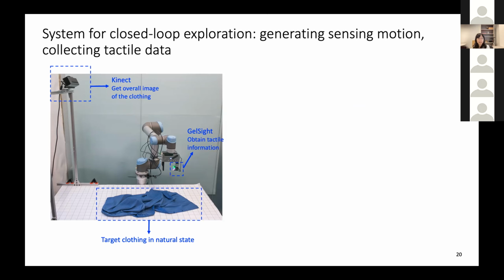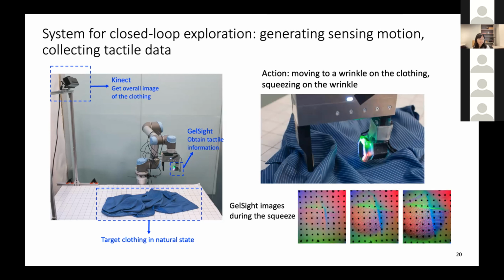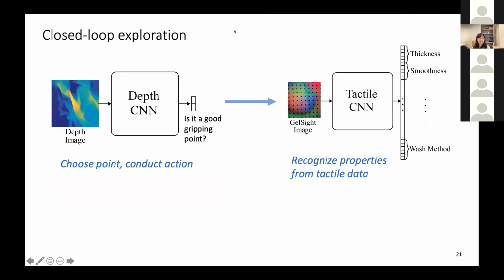Based on the output from the Kinect sensor, the robot will try to figure out a good place to touch and squeeze on the clothes to collect the tactile data. Finally, it will go there, squeeze on those locations and collect tactile data, and we use the tactile data to understand the physical properties of the material. In other words, this process has two steps. Firstly, the robot is away from the cloth. We take an image of the entire cloth, especially the depth image, which indicates the shape of the cloth and is mostly helpful here. We use that to